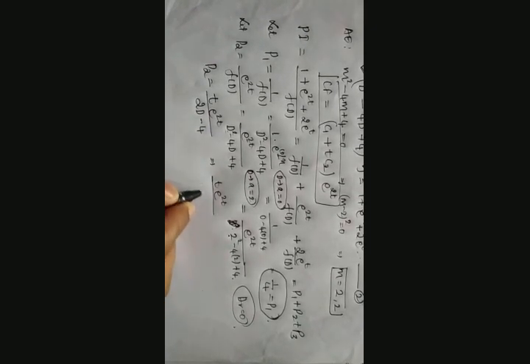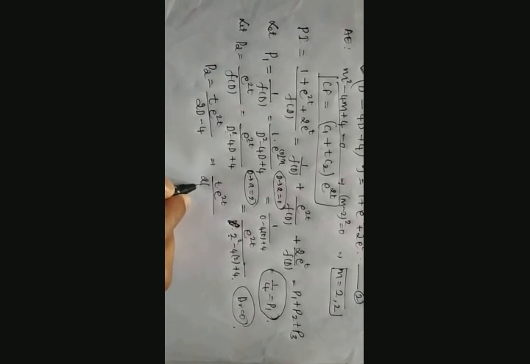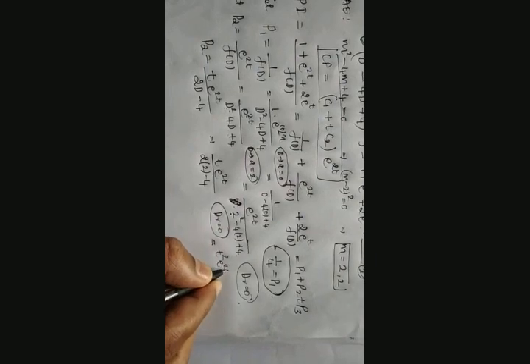Again t into e raised to 2t divided by 2 into the value of a, which is 2, minus 4. Again you can see the denominator becomes 0. If the denominator becomes 0, then what to do? Multiply one more t, then it becomes t square e raised to 2t divided by, differentiate the denominator once again, then it becomes 2. Therefore this is P2. Okay, then we take P3.